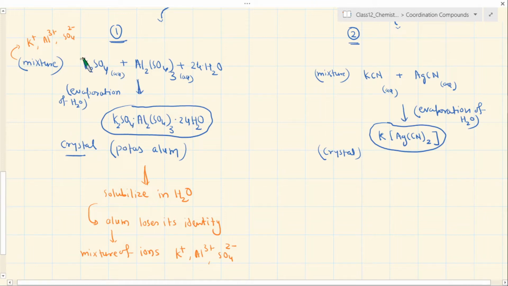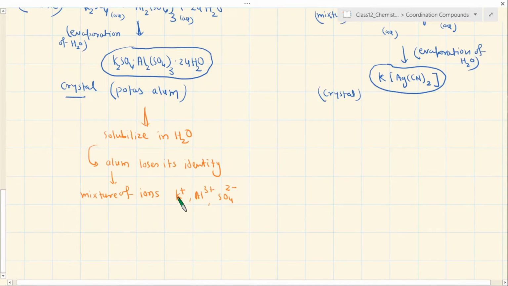Please see, you started with a certain mixture where you started with two different salts, and you prepared their mixture. You get one crystal. Put that in water. You get again the ions like original, as if this alum has no identity of its own. It's like the same as you are taking the solution of original salts here. Okay, so how do you know that this is what is happening? Well, it is very easy to do that. You can identify by doing the confirmatory test of potassium ion, confirmatory test of aluminum, and confirmatory test of sulfate ion.